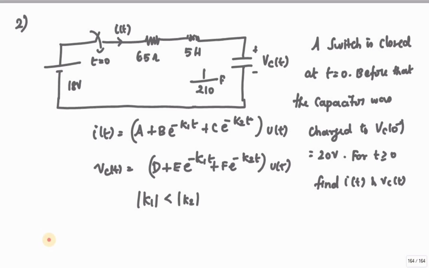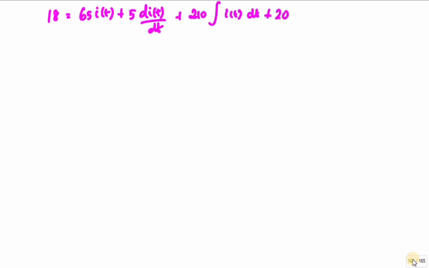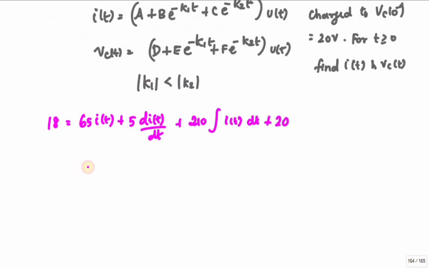So on applying KVL, I will get 18 is equal to 65 i(t) plus 5 into di(t) by dt plus Vc(t), right? So this Vc(t) I can write as 1 divided by C, that is 210, integral of i(t) dt plus 20, because the initial charge, it is charged to 20 volts, right? So on taking the Laplace transform, I will get